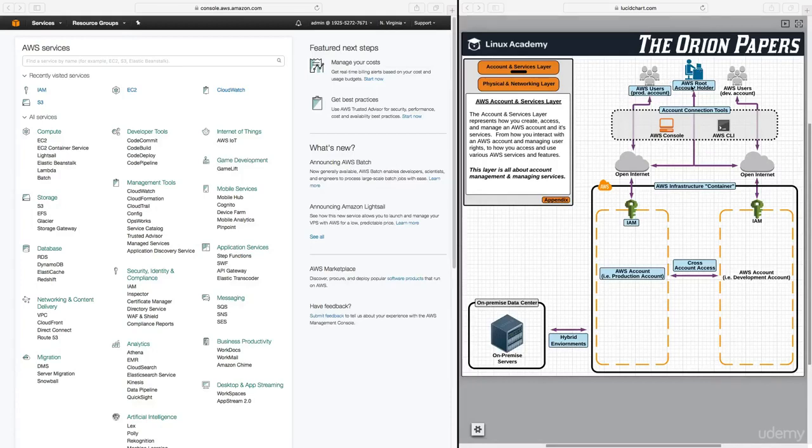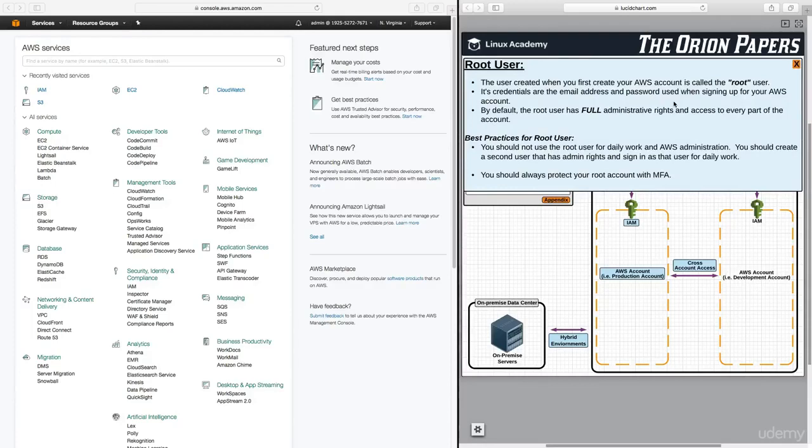We have our root user, which if you click on this here, we can define the root user. And the root user is the user created when you first create your AWS account. And that again is called the root user. So this is most likely you if you have now created an account for yourself. Its credentials are the email and password used when signing up for your AWS account. And again, by default, the root user has full administrative rights and privileges to every part of your AWS account. And we're going to go into much more detail about this when we move into the IAM section of this